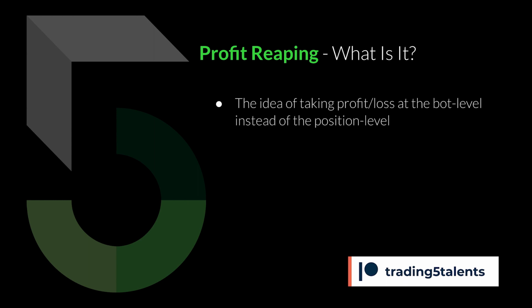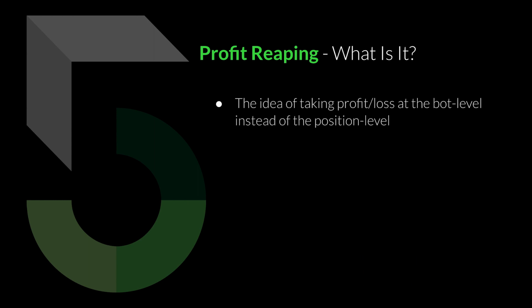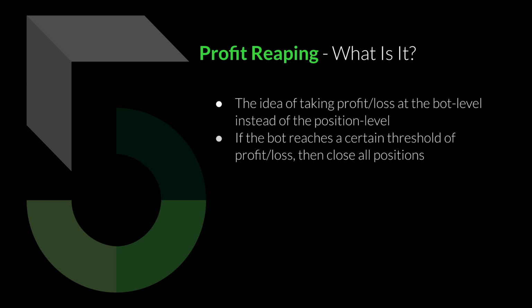And so when I had a whole bunch of trades that had not yet reached my profit target or my stop loss target, and then the market moved, all of them got closed out at my stop loss target. And so that's what I'm trying to avoid. So this profit reaping hopefully will help eliminate what happened this past week. And that's by analyzing the profit and loss at the bot level instead of just the position level. So if the entire bot, that is all of the positions together combined, reaches a certain threshold of either profit or loss, then I'm going to close all of the positions, with the exception of the position that